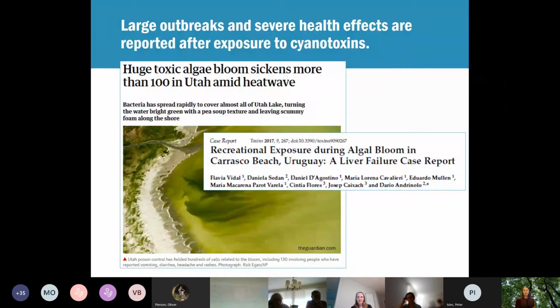This was in Uruguay, so again, not here in Vermont, but it was a case where a family, 3 adults and 1 child, were playing in a lake that was having a very severe cyanobacteria bloom. The whole family got very sick. They were vomiting, diarrhea, stomach cramps, etc. The adults recovered within a matter of a day, but the little child, who was just a toddler, ended up having liver failure. So again, this isn't the situation here in Vermont, but this is one of the reasons that we keep a close eye on cyanobacteria and monitor what kind of toxins they're making.